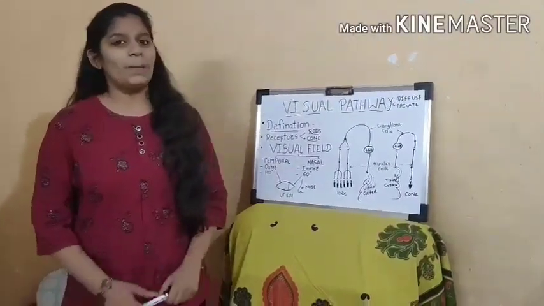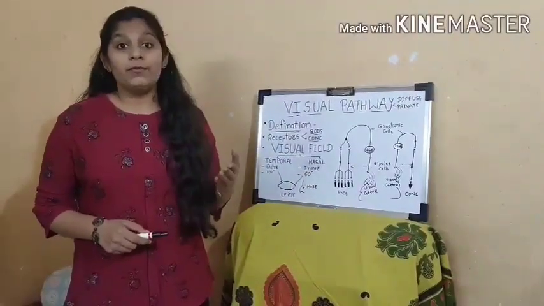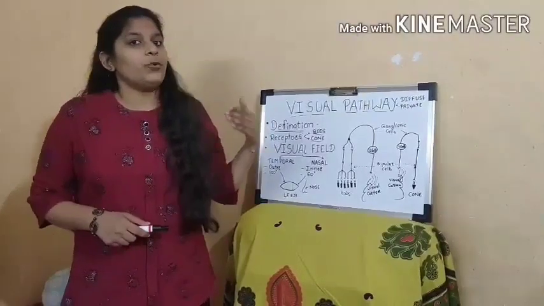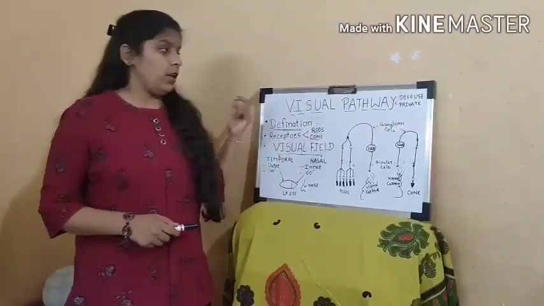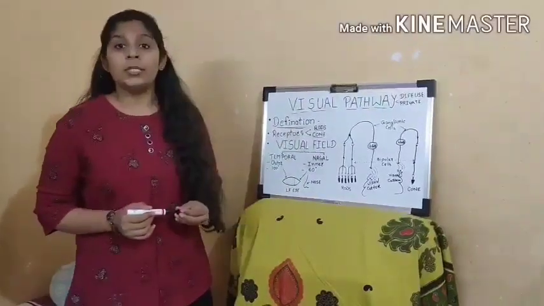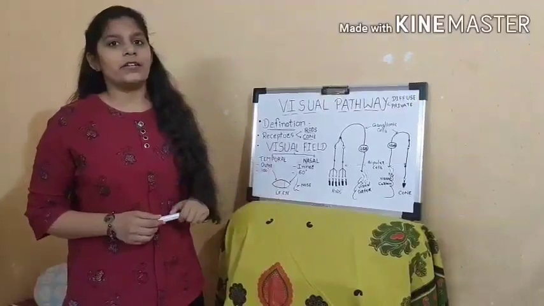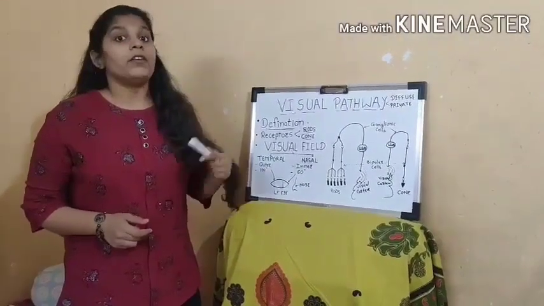Today's topic is the visual pathway. We see various objects in our surroundings. For the identification of those objects, we require a particular pathway called the visual pathway. Let's consider the definition of the visual pathway. The image falling on the retina must be carried towards the visual center in the cerebral cortex by a nervous pathway